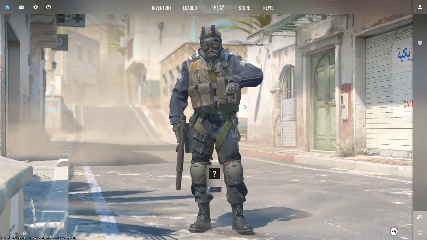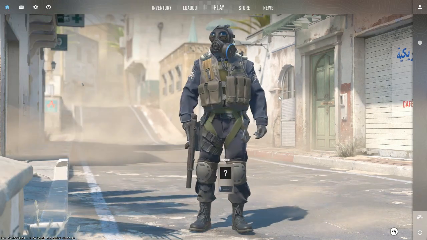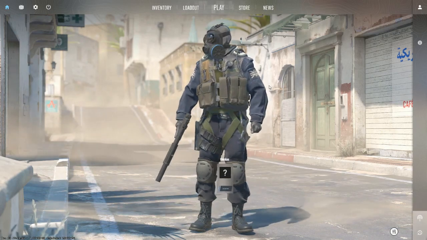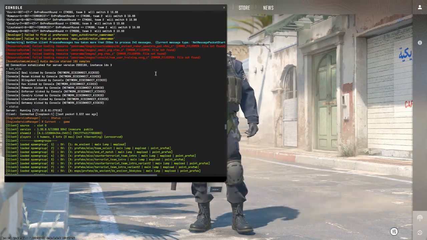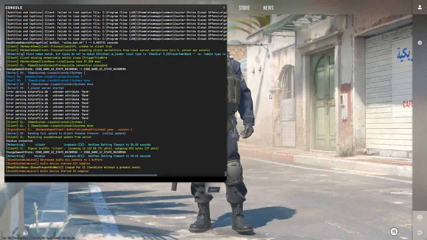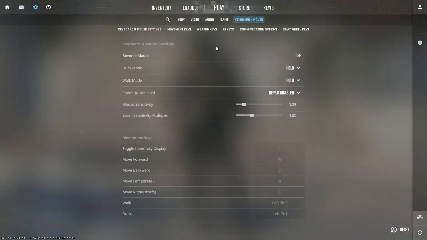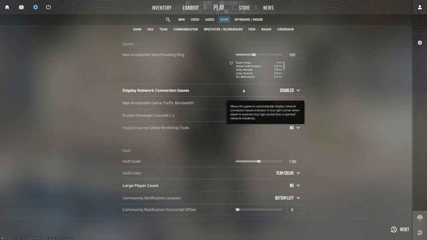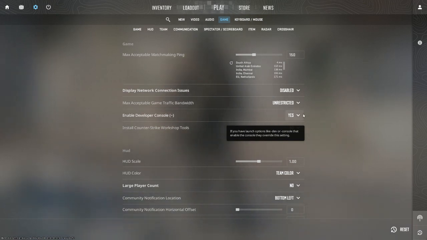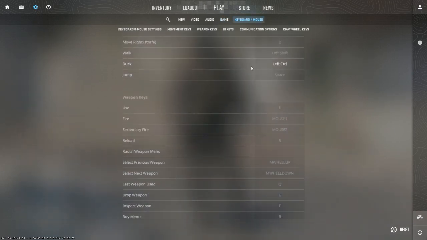So what you're gonna go ahead and do first is you're gonna open up the console. I do so by pressing the tilde key. To configure that, open up your settings and then click on game. Just make sure it's on game, and then you're gonna enable developer console, and then to figure out which key you will use to open up the console,